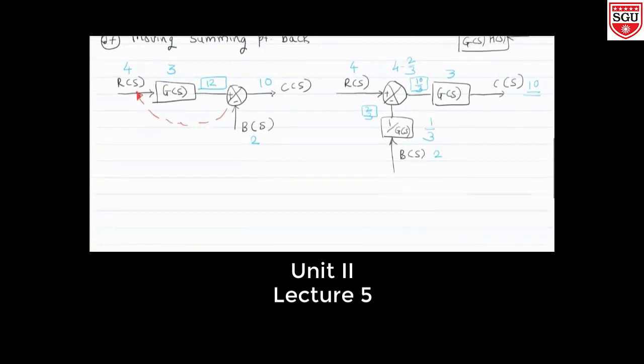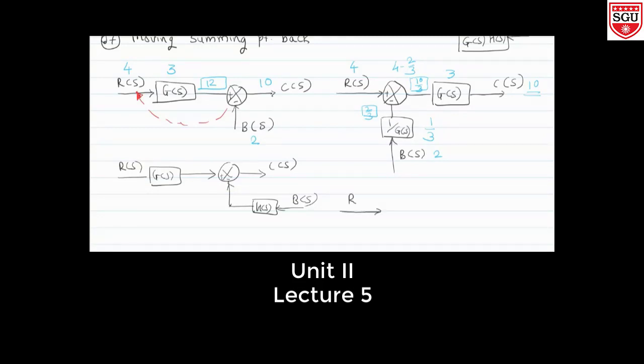Then, as we know, the rule for the same: suppose g of s is there, as previously also we have seen, so I will take this fast. So it is the insertion of h of s, that is the only case. Here h of s is there additionally, that is b of s. So that will make an effect on the output; I will write directly.